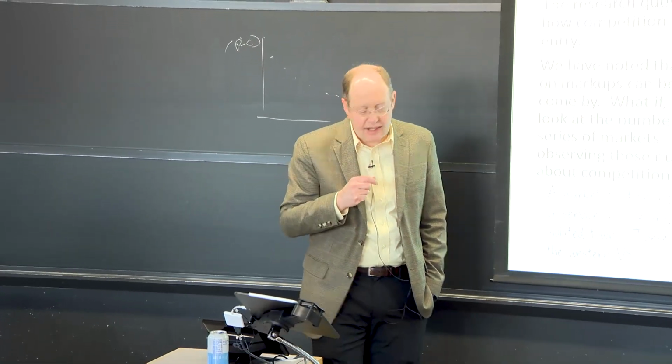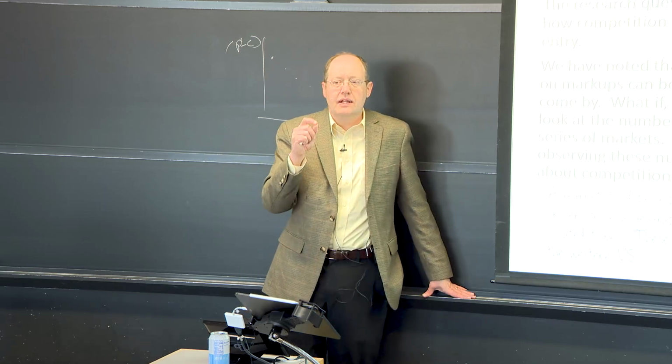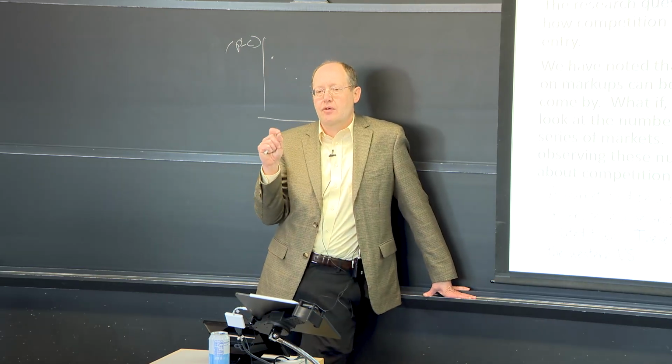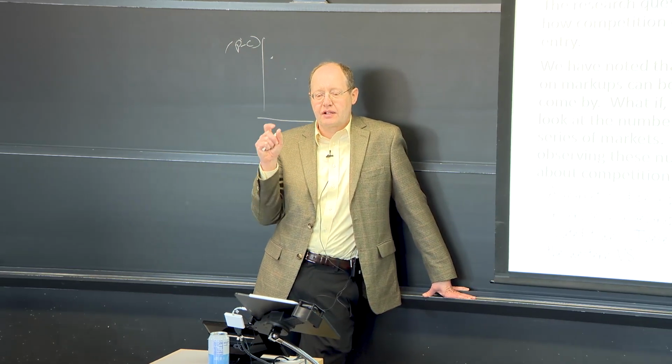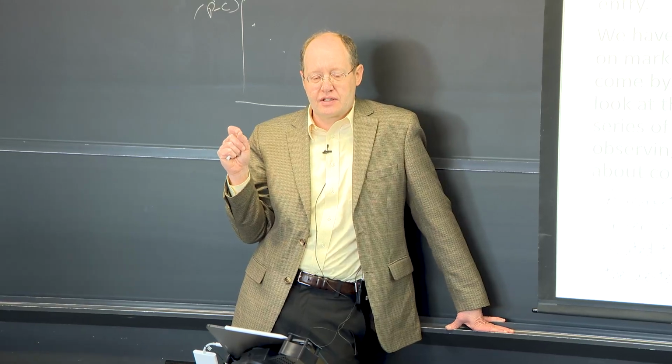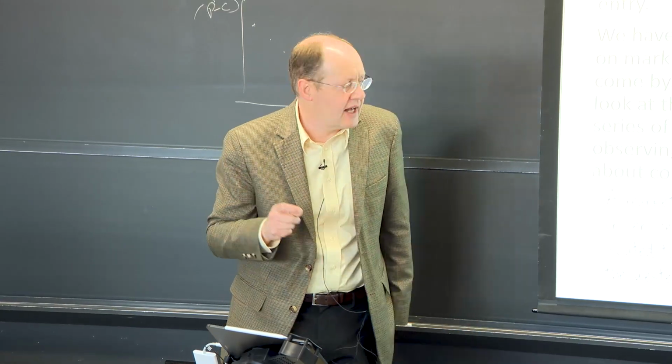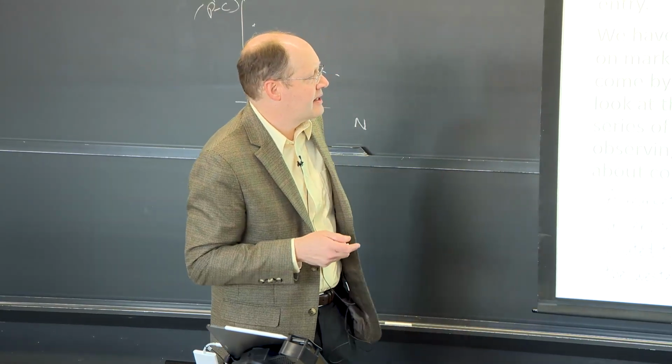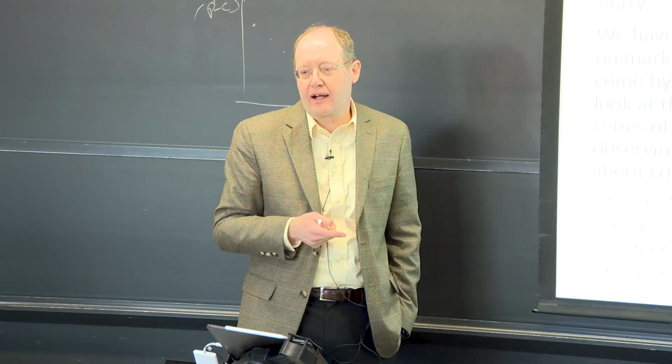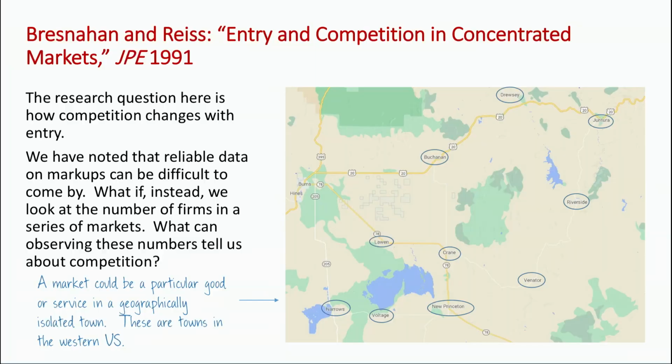The other idea in Bresnahan and Reiss is that in IO, one of the challenges is always how you get a big enough cross section of observations to run significant statistical estimates. And Bresnahan and Reiss had this idea of looking at isolated small towns. One thing that's nice about the United States is it's very, very big, and there are many parts of it where there aren't a lot of people. That gives you a lot of towns where there's very little around them.